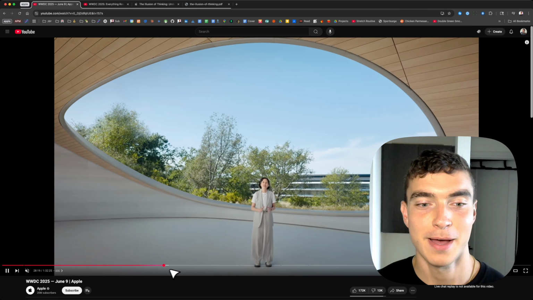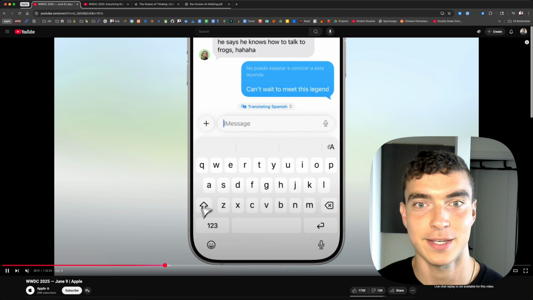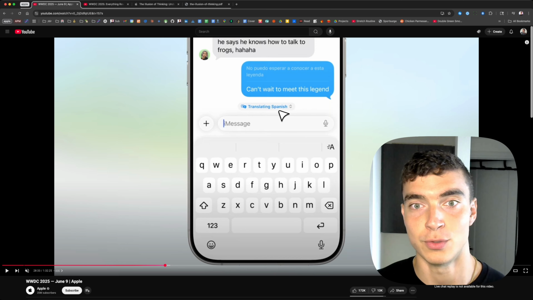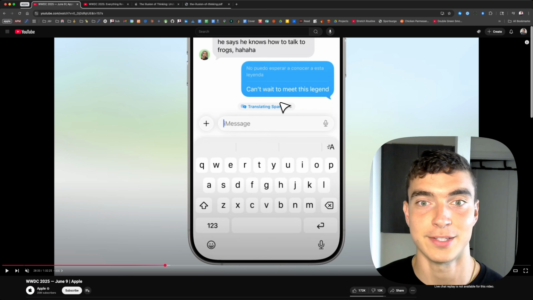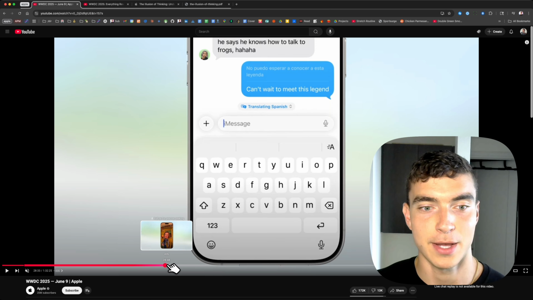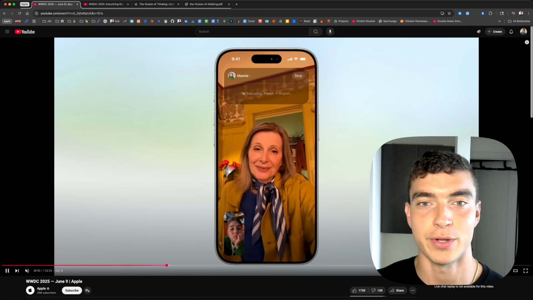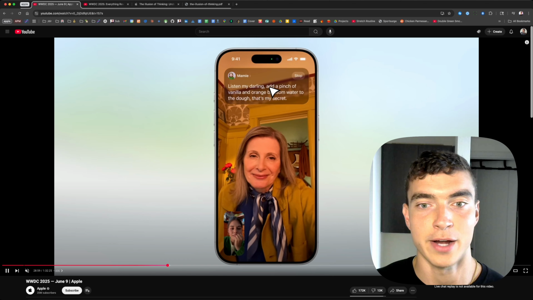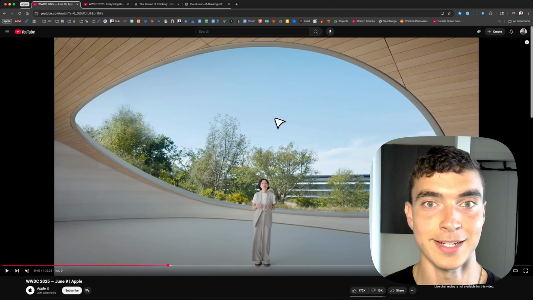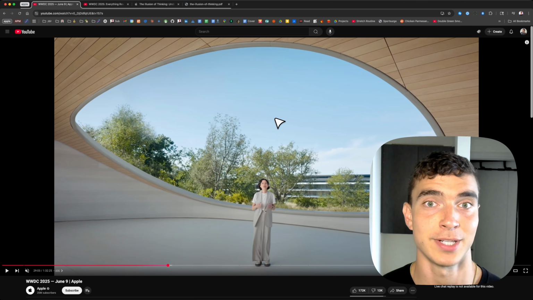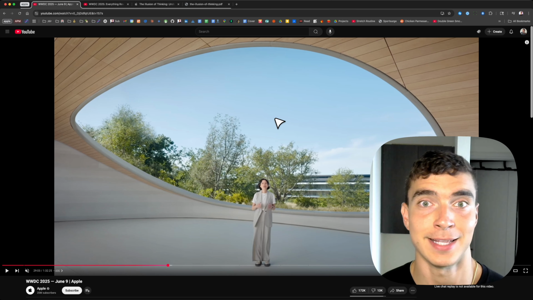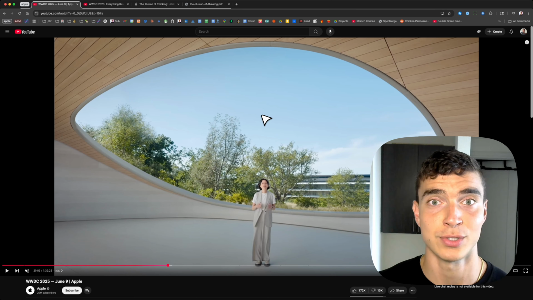That's pushing the boundary, but you can see in the example here, similar to a caption on Instagram, you have the small button to say translate to whatever language you want to send it to in iMessage. And they also include a FaceTime demo here where it shows them live translating in text and also in audio for a call. So this is a neat upgrade. We saw Google do something very similar to this at Google I/O a couple weeks ago, but I can see this having some value in my daily life. We'll see how smooth this is to use as it's rolled out.